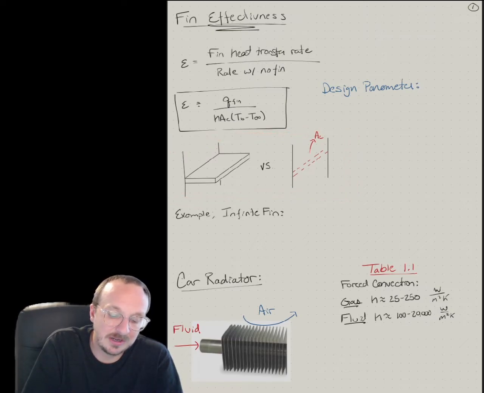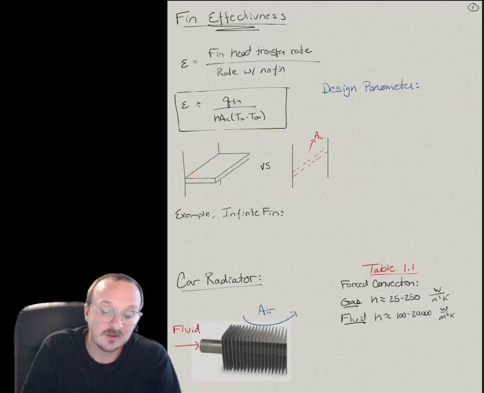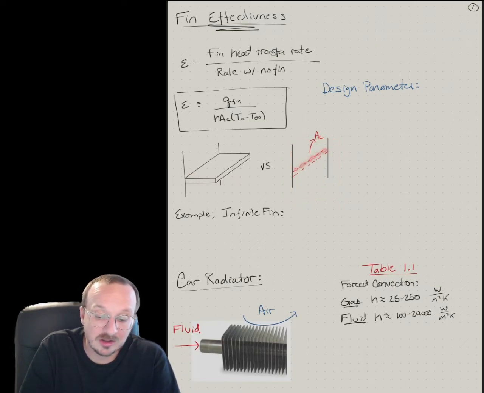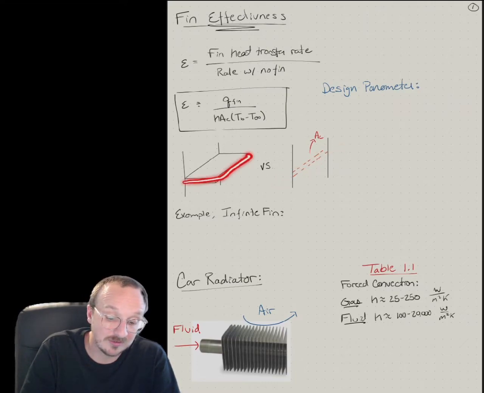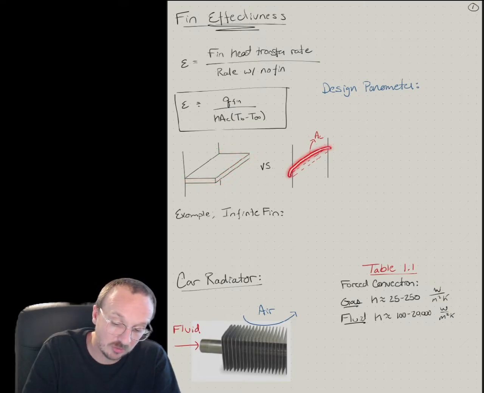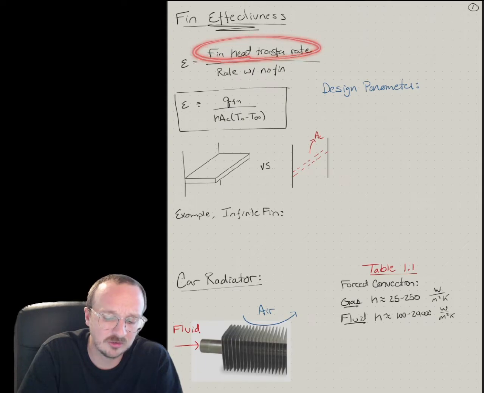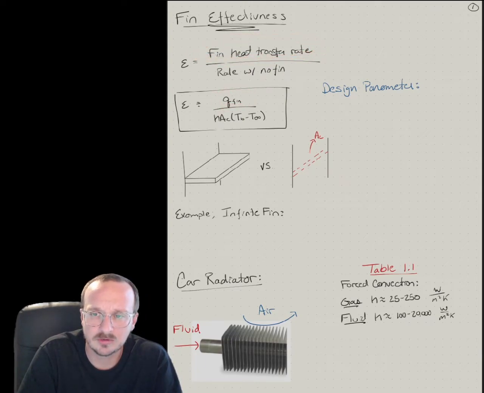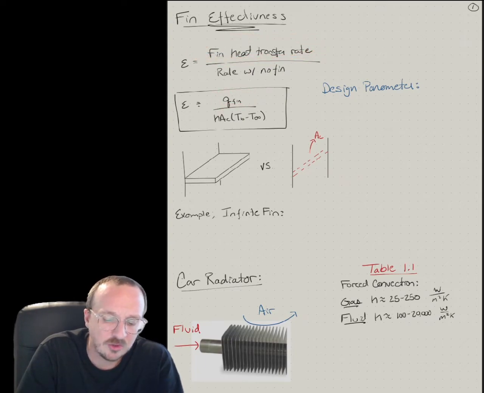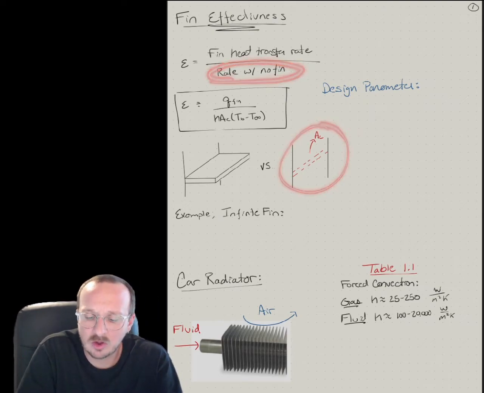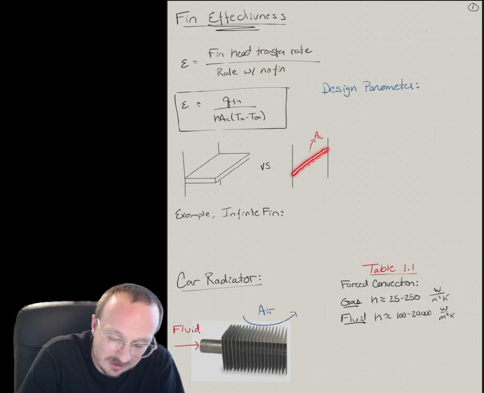You can look at this diagram here and see this. This would be a surface with a fin. This would be that same surface if the fin wasn't there. And we're talking about this surface. So it's just a small cross-sectional area, relative to where we've now increased the surface area, but we're just talking about the location where the fin is. The heat transfer rate for a fin is just Q fin. We know how to compute this for various boundary conditions. The rate if there was no fin, if we just took this, that's just Newton's law of cooling for this area. So it's